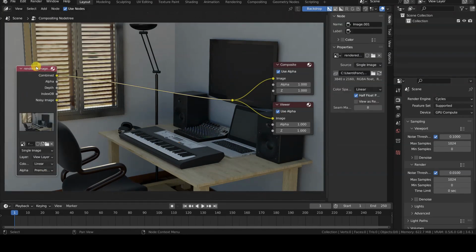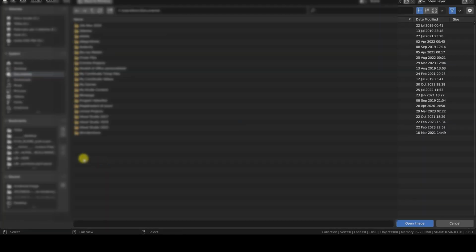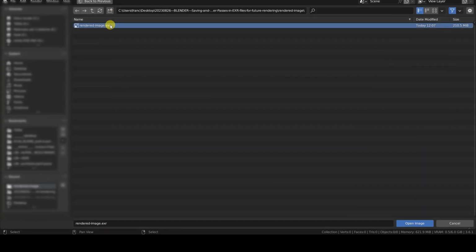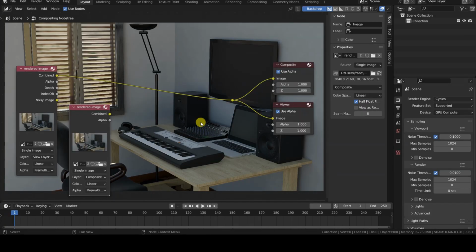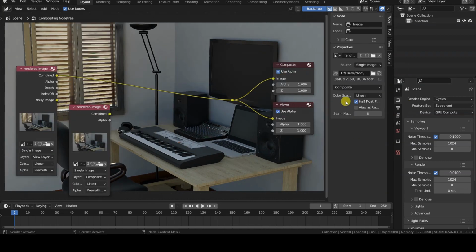If we drag and drop the EXR file in the Compositor editor, we'll see IndexOB and other channels in the node. This doesn't happen when we open the EXR file from an image node. In that case, if we open the Transform panel of the image node and click on Node Properties, Composite, we'll notice that we can change this menu entry to View Layer. When we do that, a second menu will appear where we can also select IndexOB, indicating that the information has been loaded but isn't yet accessible in the compositing window.